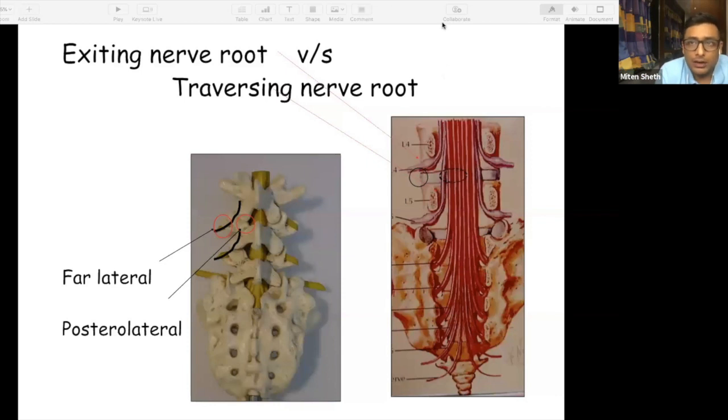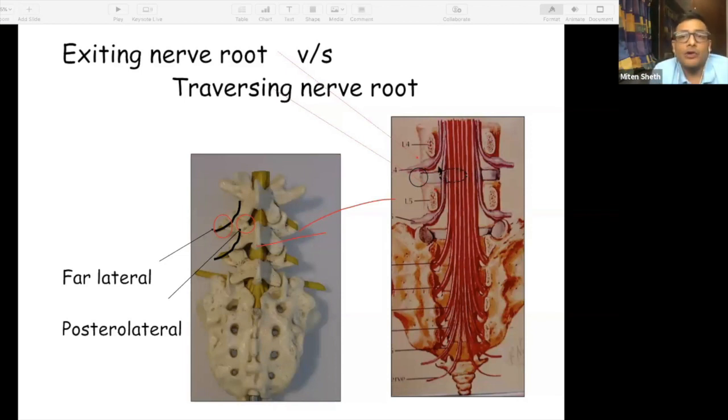This is basically where you are looking at the spine and cutting across it. When you cut the spine, you have your L4 body, your L5 body, and the disc has come out. You see that the L4 root has already exited from the L4 foramen, and the disc is going to put pressure on the L5 root, which means when the patient has an L4-5 posterolateral disc,